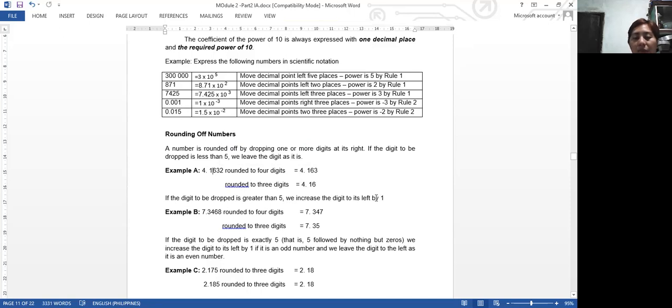If the digit to be dropped is greater than 5, we increase the digit to its left by 1. Here, for example, we have 7.3468 rounded to 4 digits. So 1, 2, 3, 4. Since the digit after the fourth digit, which is 6, is bigger than 5, we add 1. So instead of just putting 6, we add 1. So that's why it's 7.347. Rounded to 3 digits, 1, 2, 3. After the third digit, it's 6, which is greater than 5, so we add another 1. So that's why it's